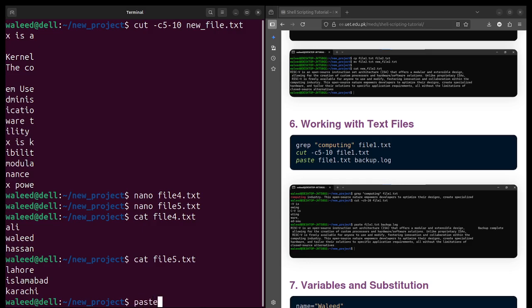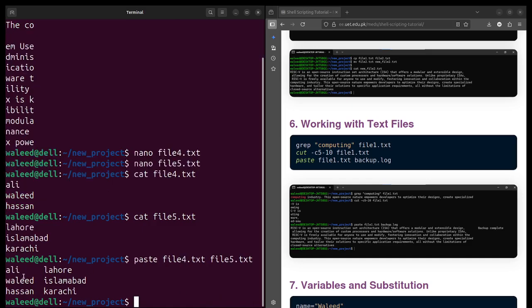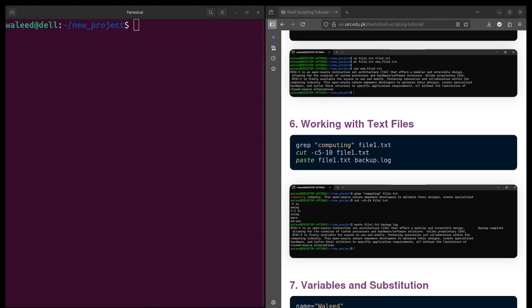It will merge the content of those files. Let's say file4.txt and then file5.txt. And now you can see in front of Ali there is Lahore, in front of Walid there is Islamabad, and in front of Hassan there is Karachi. So you now have the uses of paste.